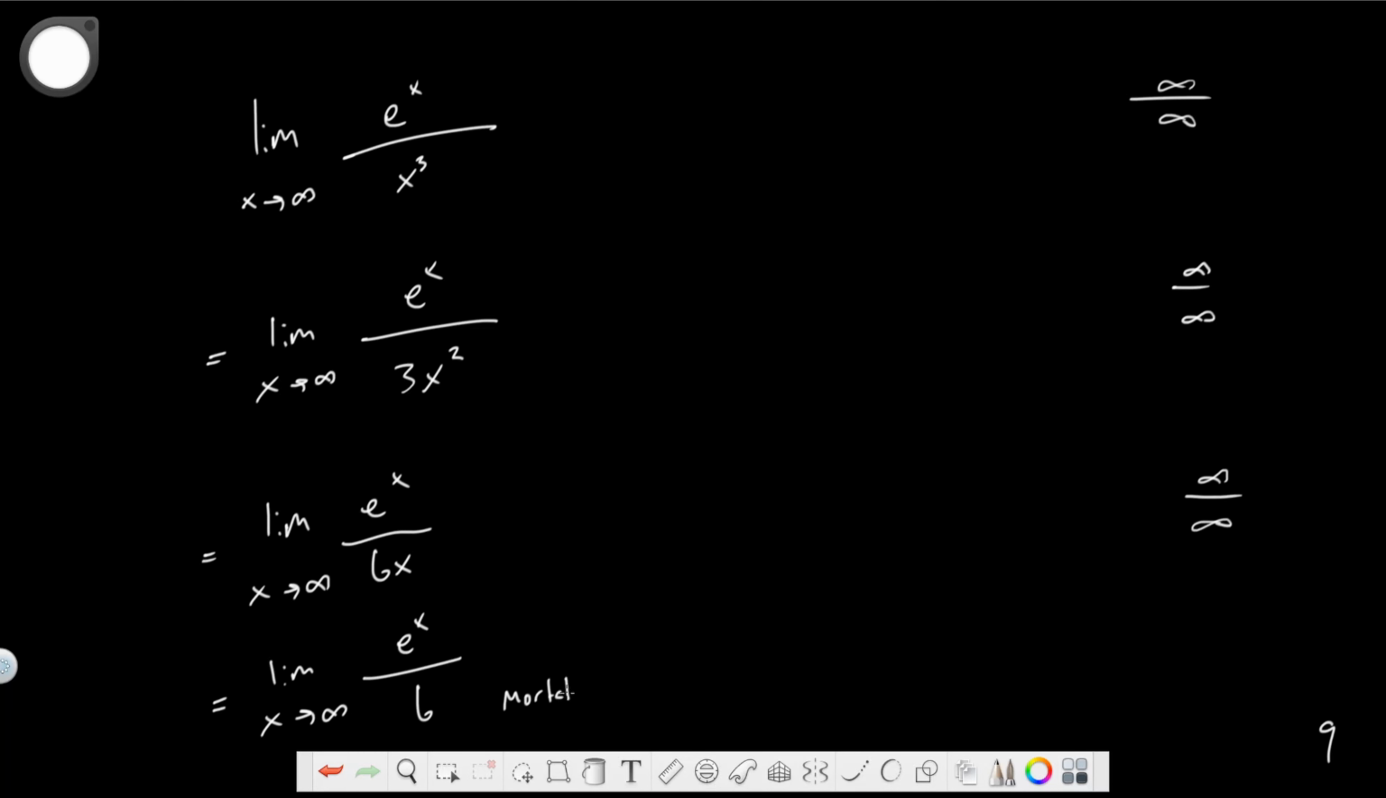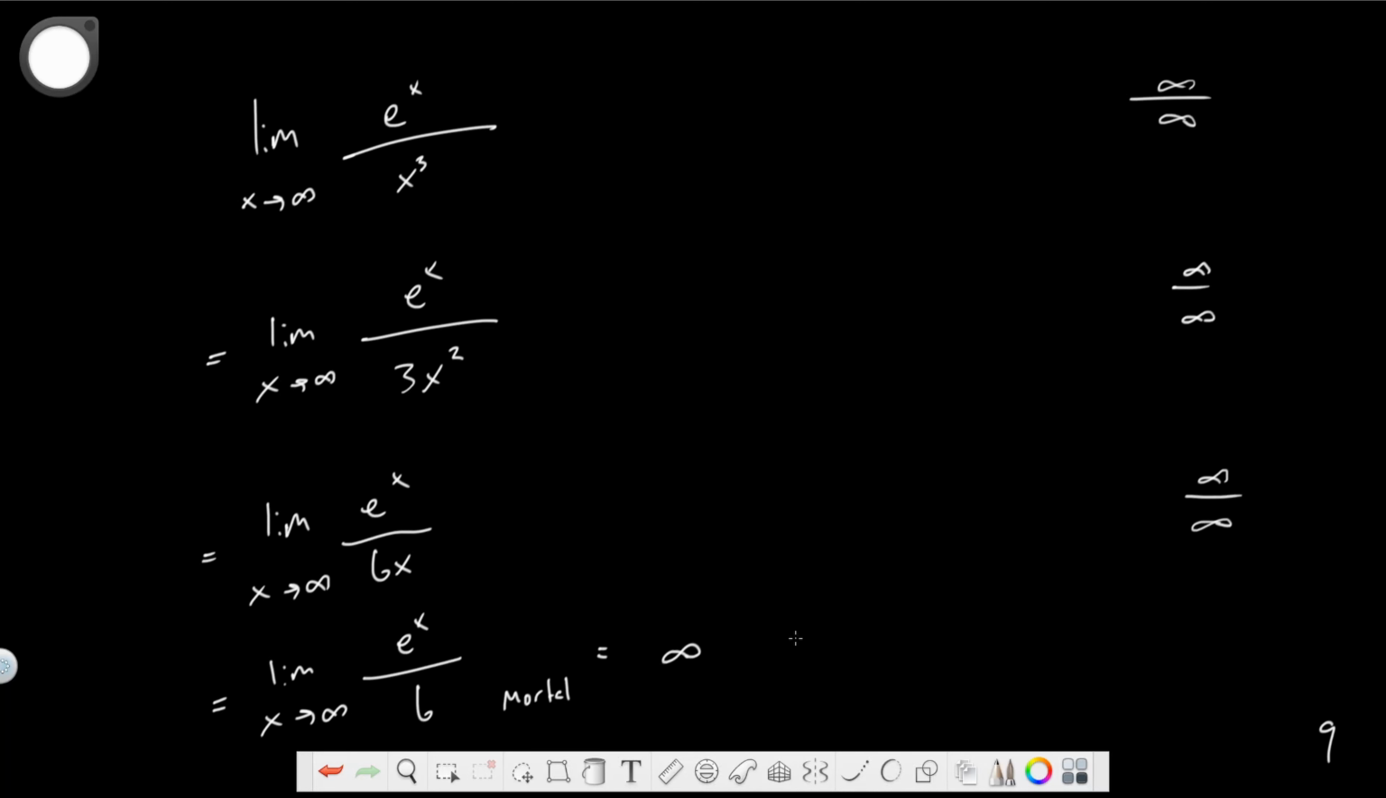E to the x wins every time. Superheroes defeat mortals 100% of the time. That is one of our axioms. The limit as x approaches infinity of e to the x over x cubed is equivalent to all of these. And the final one is one we can evaluate. Infinity. Infinitus